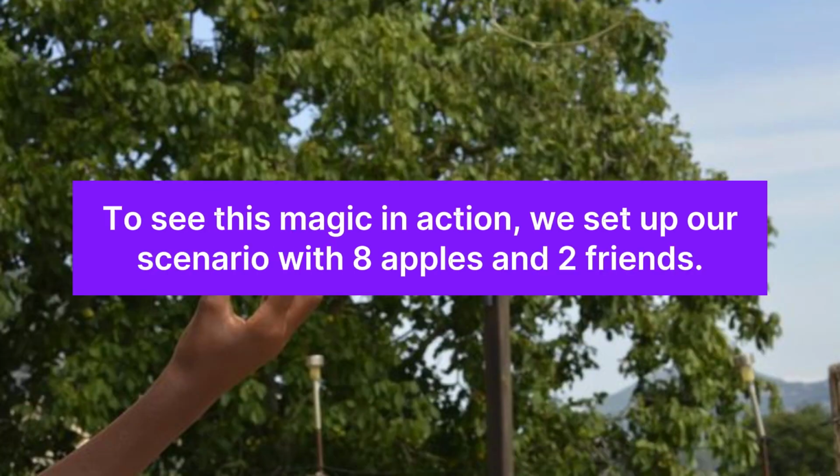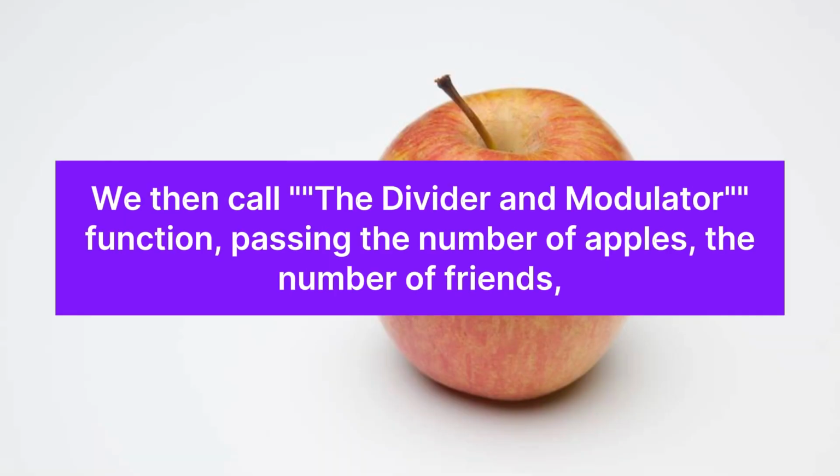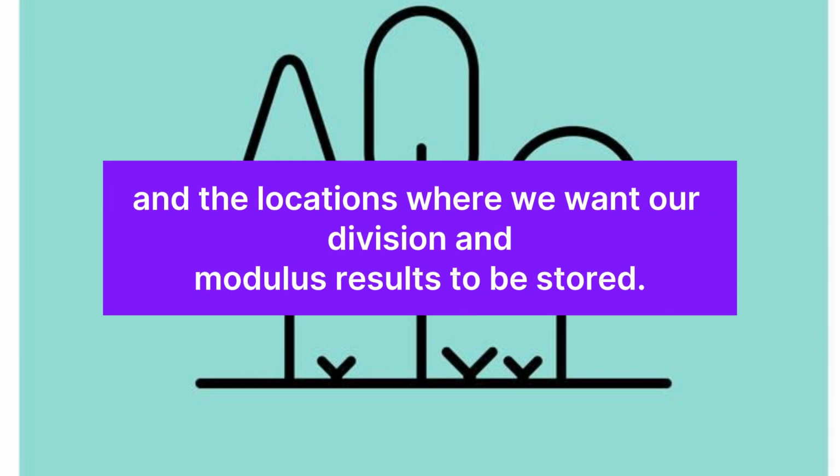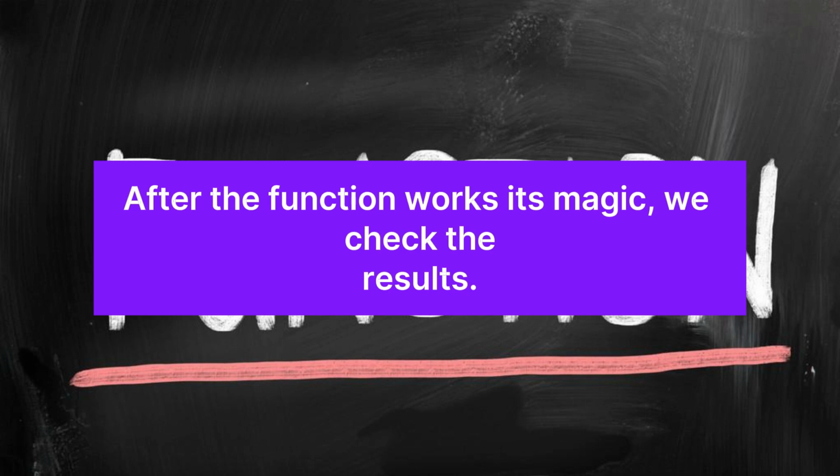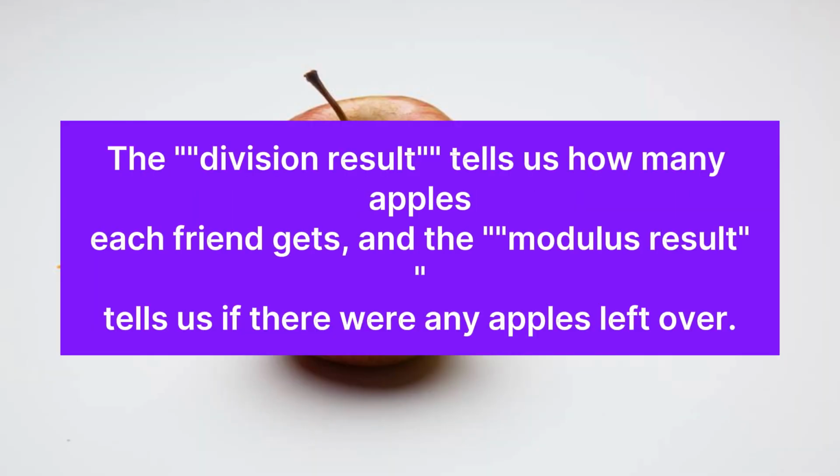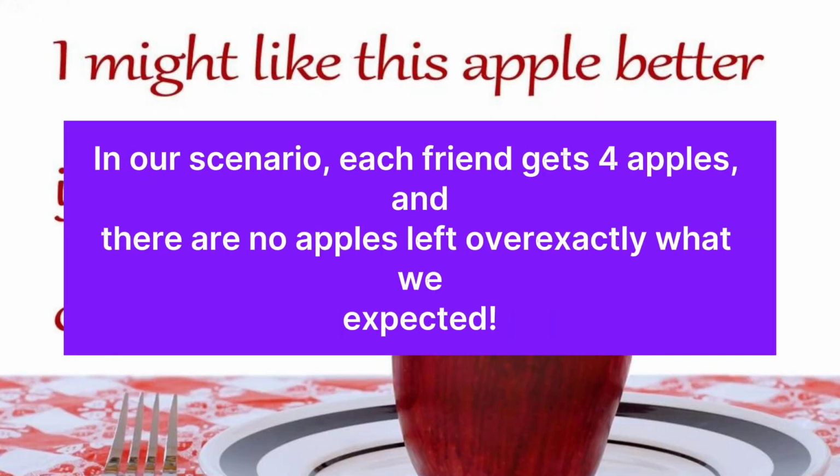To see this magic in action, we set up our scenario with 8 apples and 2 friends. We then call the divider and modulator function, passing the number of apples, the number of friends, and the locations where we want our division and modulus results to be stored. After the function works its magic, we check the results. The division result tells us how many apples each friend gets, and the modulus result tells us if there were any apples left over. In our scenario, each friend gets 4 apples, and there are no apples left over, exactly